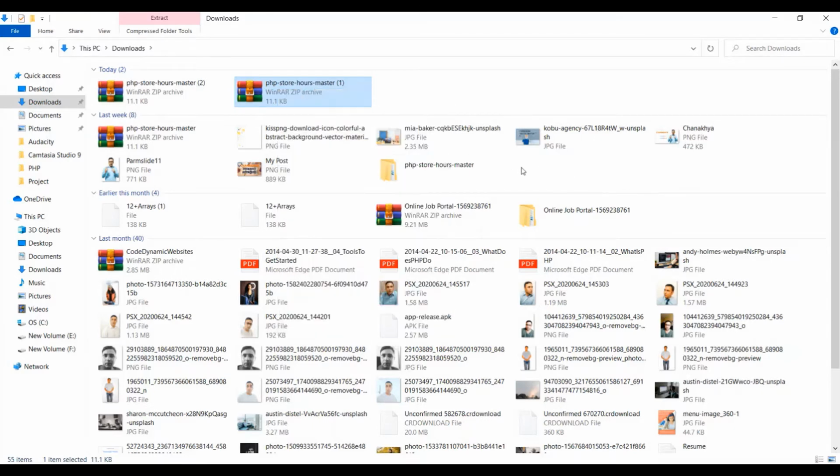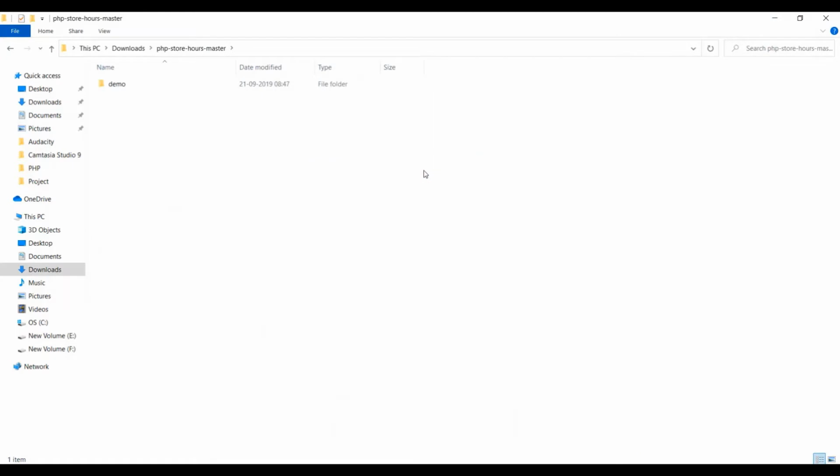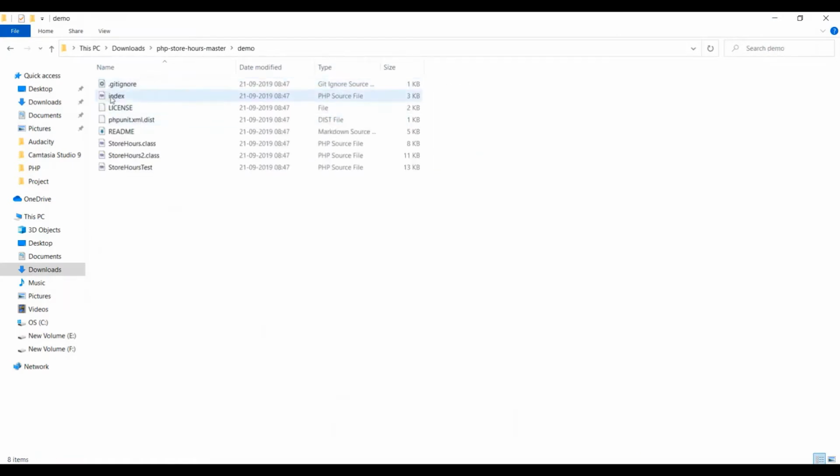I have already extracted this file here, and if I move into it, you will see the files. You need only this class, that is store hours dot class dot php.